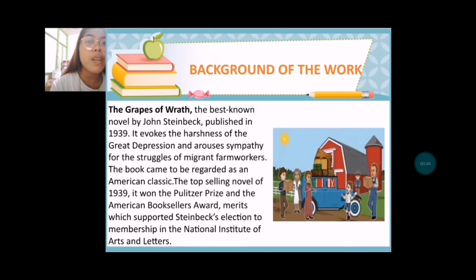Okay, so background of the work. The Grapes of Wrath, the best known novel by John Steinbeck, published in 1939, evokes the harshness of the Great Depression and arouses sympathy for the struggles of migrant farm workers. The book came to be regarded as an American classic, the top-selling novel of 1939, and it won the Pulitzer Prize and the American Booksellers Award, merits which supported Steinbeck's election to membership in the National Institute of Arts and